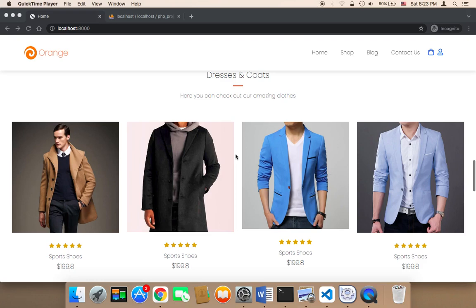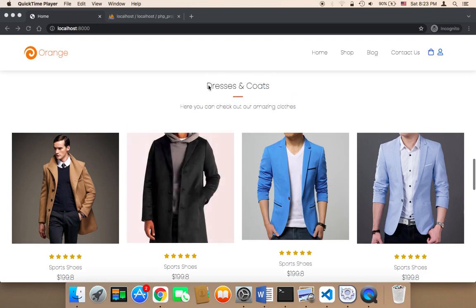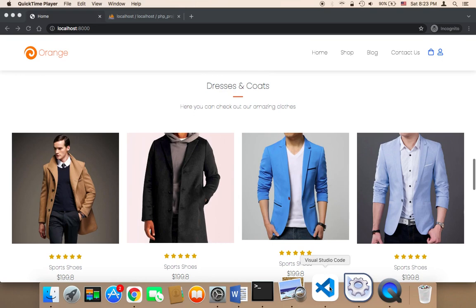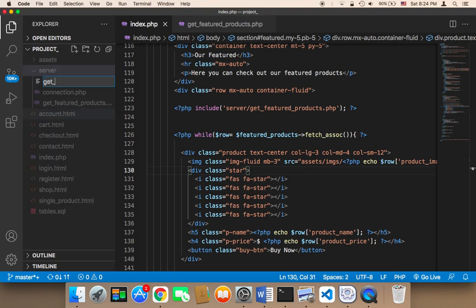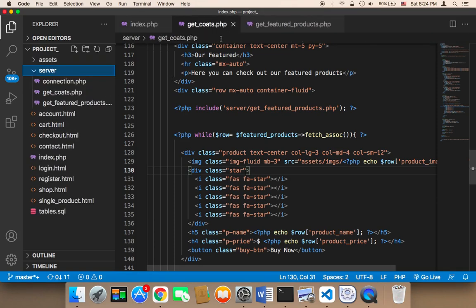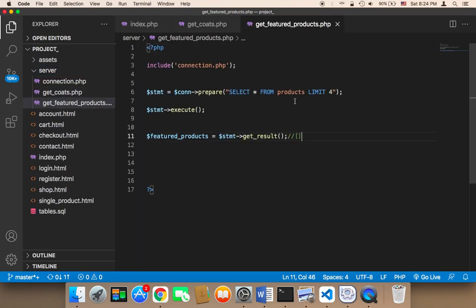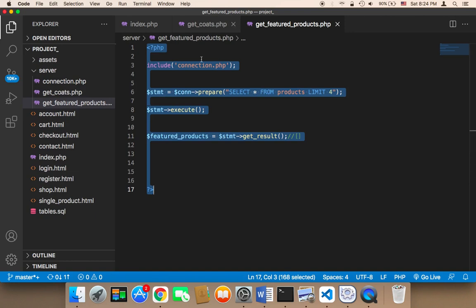So now what we need to do is work on this section. This section has these codes, and we need to get the codes from the database. So in order to get the codes, we need to create a new file here in the server called get_codes.php. And the code is going to be similar to the featured products, but there will be something different and